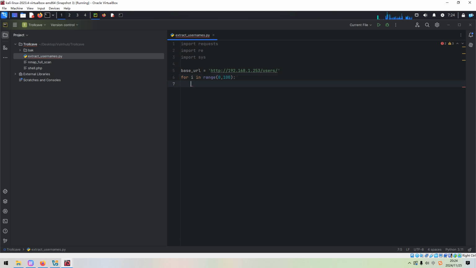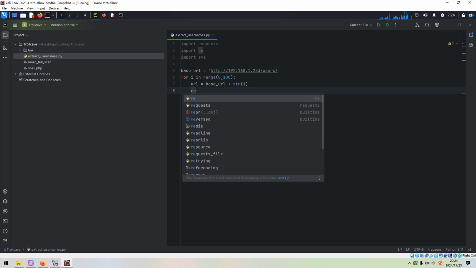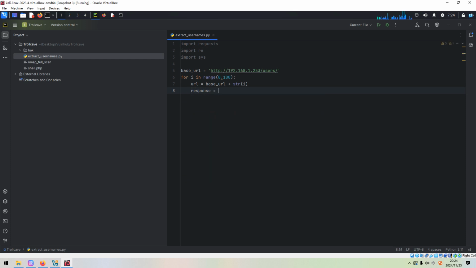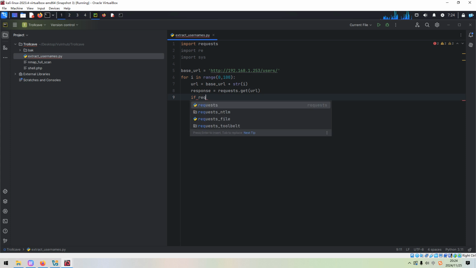Okay, and then the URL should be the base URL plus, of course we need to convert the integer to a string, and the response is requests.get(URL), and we need to check the response status code.